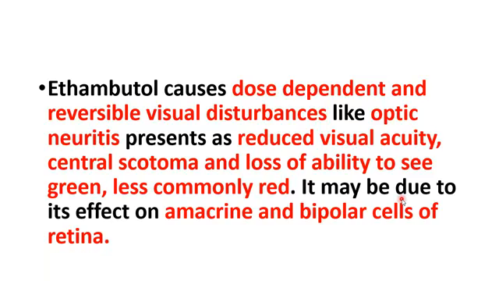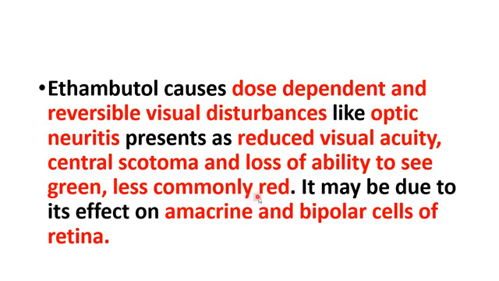It causes visual disturbances, and those disturbances are dose dependent and reversible, and it is called optic neuritis. In malaria, chloroquine causes optic neuritis. Like that, in TB, ethambutol causes optic neuritis. The optic neuritis presents as reduced visual acuity. There will be central scotoma, and mainly from the MCQ point of view, loss of ability to see the